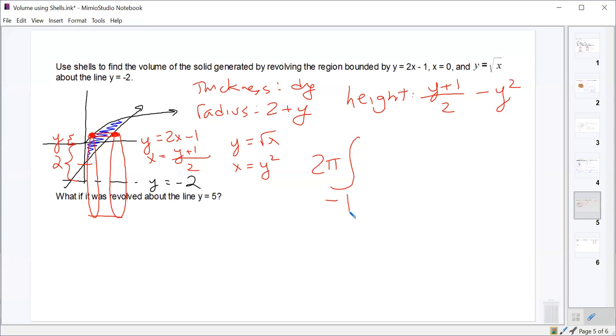And then the highest y value is up where square root of x intersects with 2x minus 1. You could figure out what x value makes that true pretty easily. You could just say that happens when x is 1, right? If you plug in some easy values, you see that x equals 1. If x equals 1, then y equals